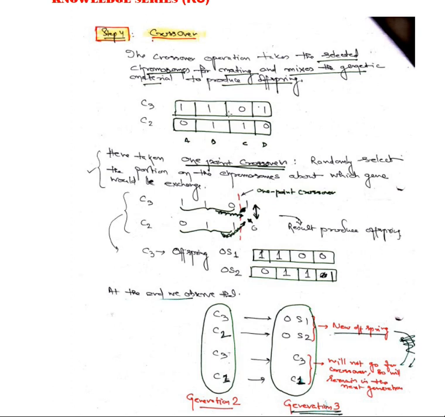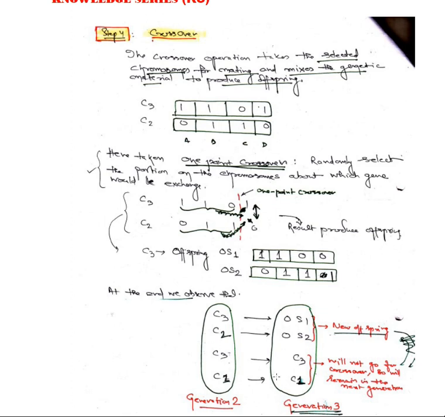So what we do, 110 we keep it, and 1 and 0 we are shuffling. So this becomes 0 and this becomes 1. That is what we are seeing here. So the new offspring has come like this. If you are taking C1 and C2, sorry, this is not 2, this is 1, for your understanding. This is 1, this is 2. This is 1 because from here it was created. From C3 and C1 we have got two offspring, OS1 and OS2.